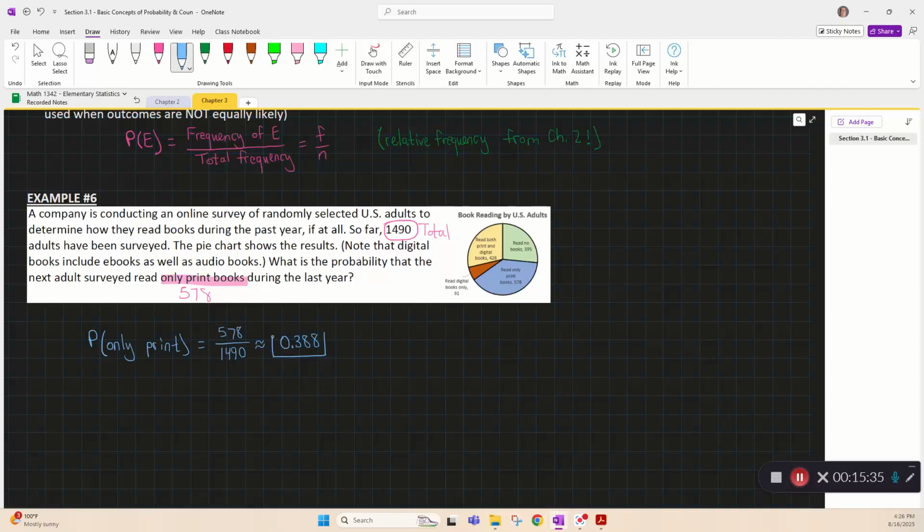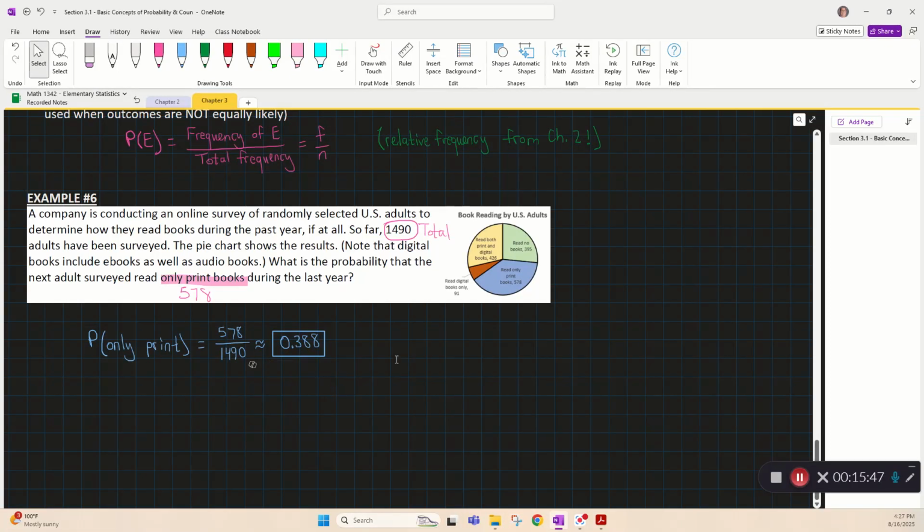And there we go. That is empirical probability. Anyways,